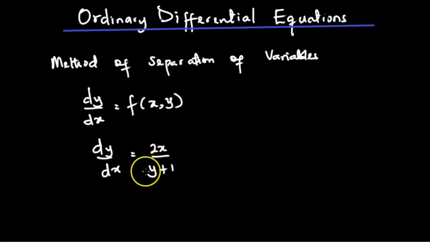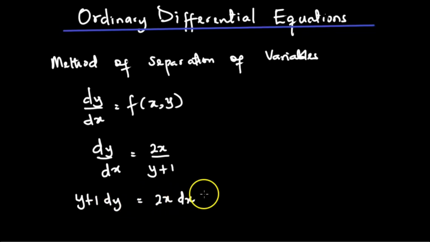So what does it mean to separate variables? What we want to do is to have the function of y staying with the y and the function of x staying with the x. So we can cross multiply to have (y plus 1) dy equals 2x dx. Alright, so what do we do at this point? We can